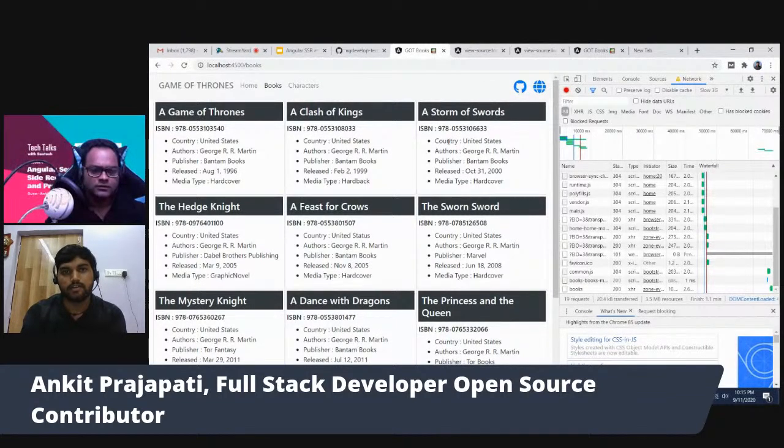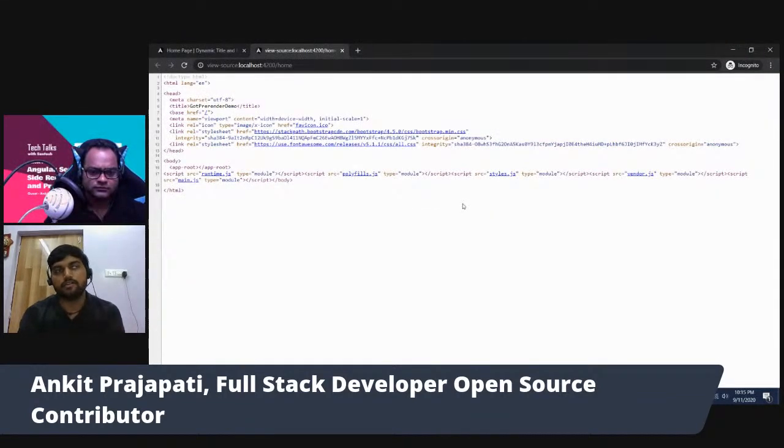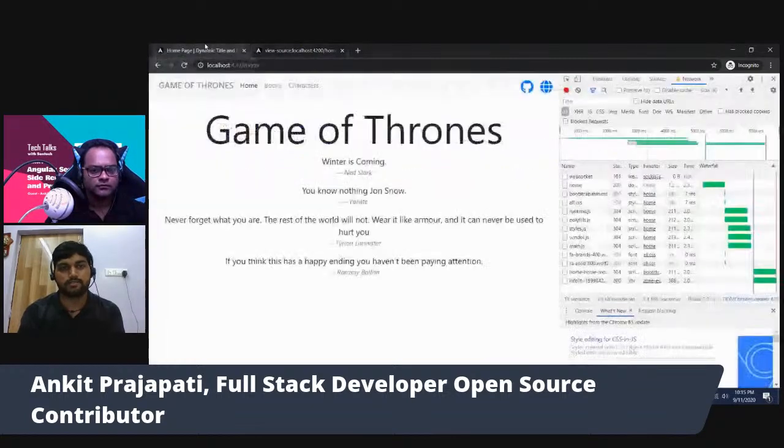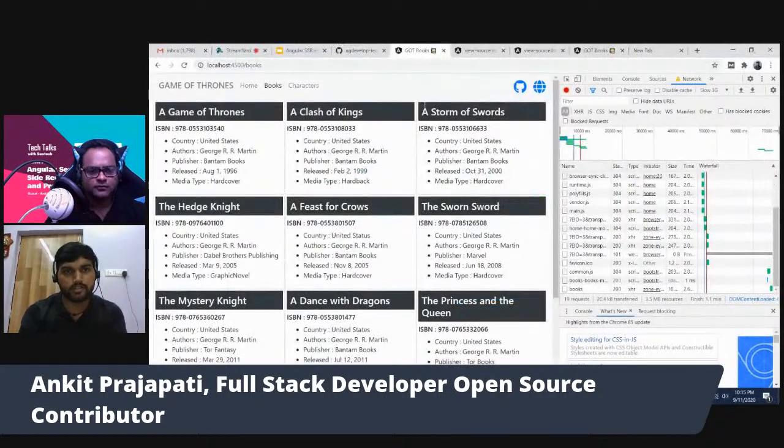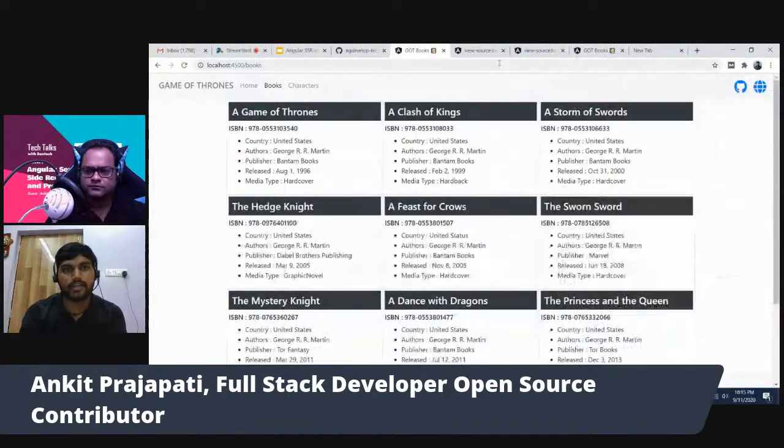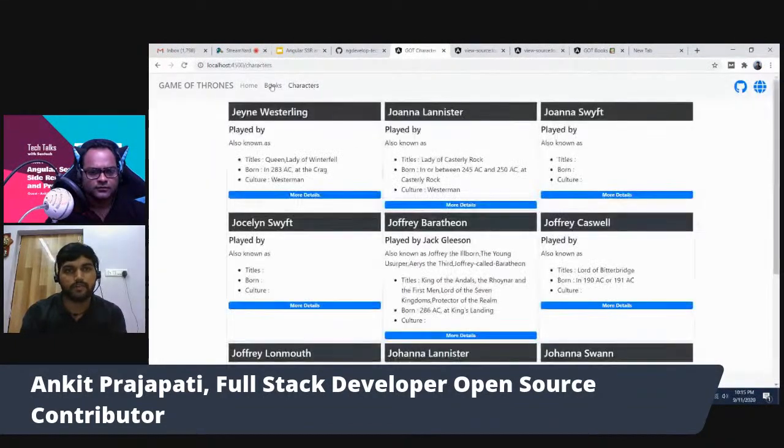If you are publishing your application normally and it is not server side, then it will not parse the meta tags, even though you are changing those meta tags dynamically. Here I have also added the meta tags. I'll show you that I have added them dynamically. Wherever I am changing the route,